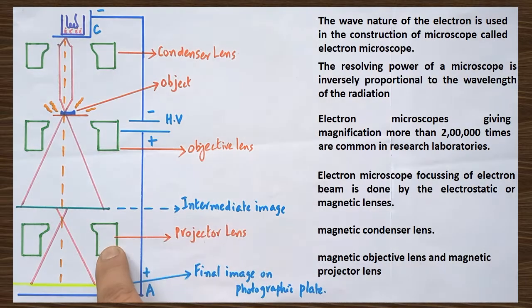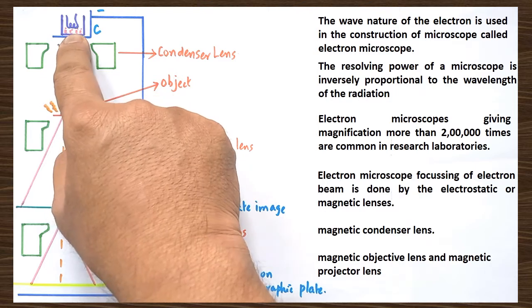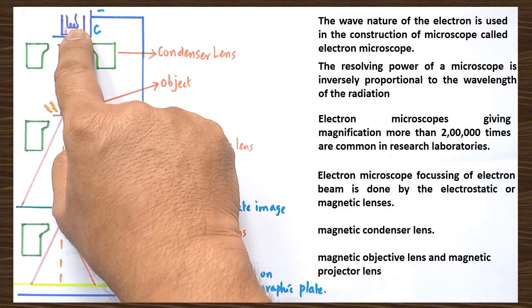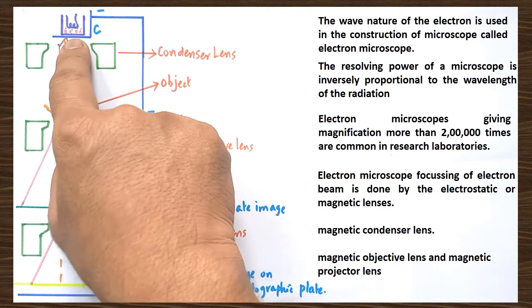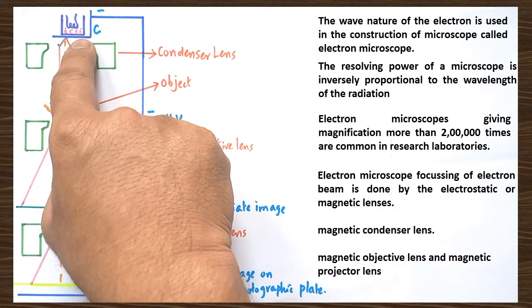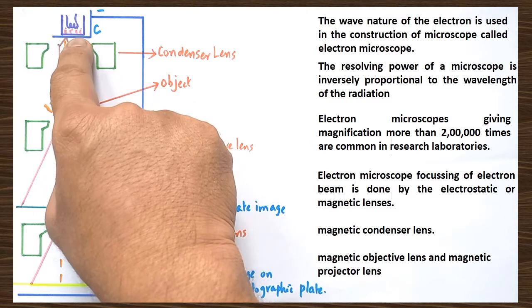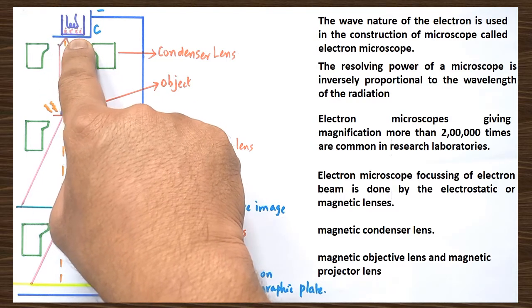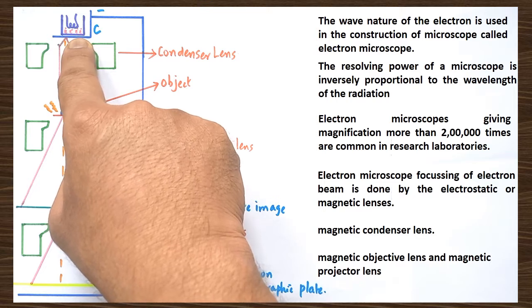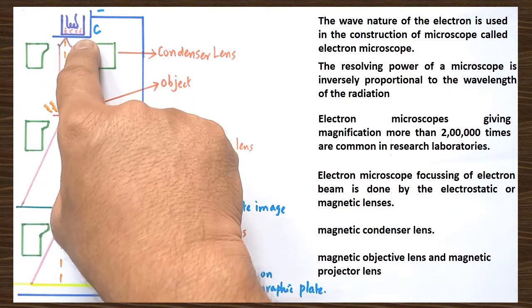Their focal length can be adjusted by adjusting the current passing through the coil of the electromagnetic lenses. Are you clear? Now, this is the source of electrons. One filament is there. That filament gets heated with the help of a low tension battery. So, here the electrons are generated due to thermionic emission, and one more cathode is there. The electrons generated in the tungsten filament are made to be incident on the plate. So, this is the kind of cathode called an indirectly heated type cathode. Again the cathode gets heated and electrons are produced from the cathode.